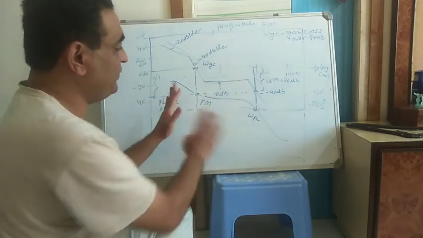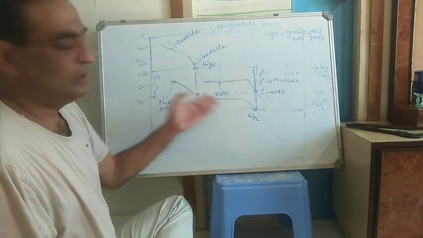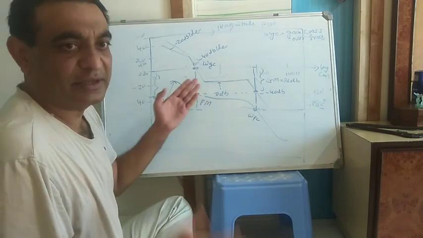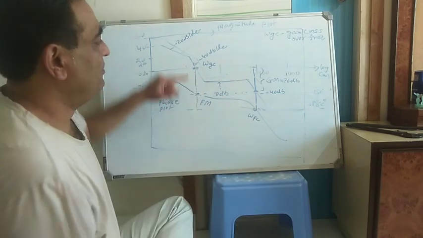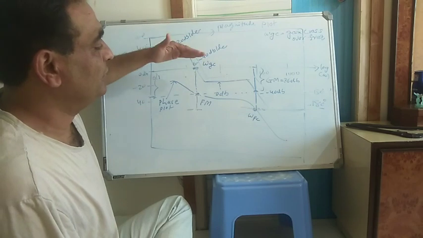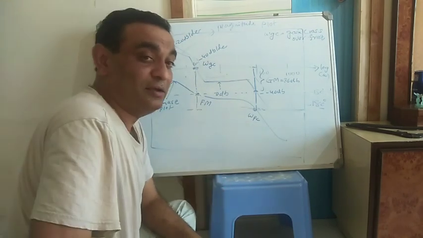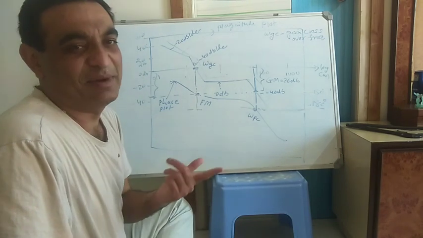So the steady state gain has an effect only on the gain plot. It doesn't have any effect on the phase plot. While calculating the phase equation, we have not taken K anywhere in the phase equation. The gain plot will move up and down by 20 log K decibels if you are increasing K.